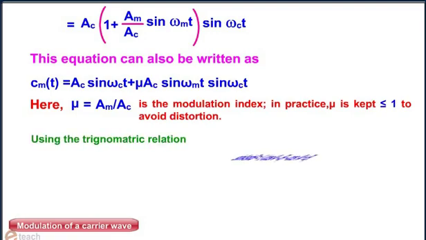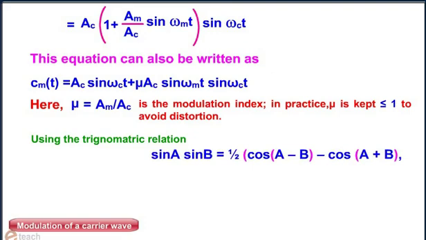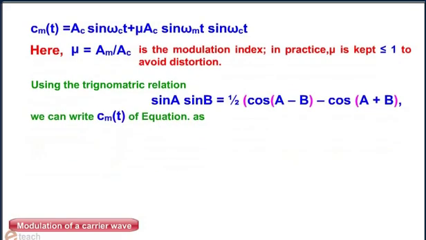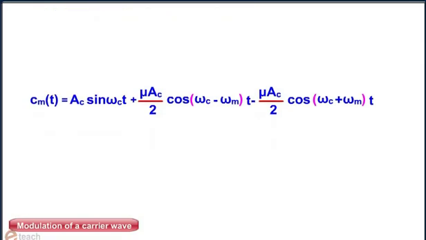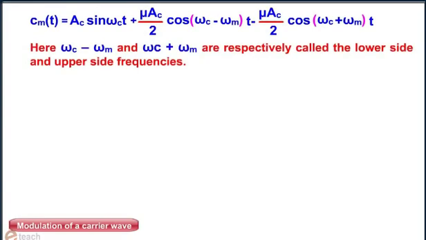Using the trigonometric relation sin A sin B equals half of cos(A minus B) minus cos(A plus B), we can write cm equals Ac sin(ωc t) plus μ Ac/2 cos((ωc minus ωm)t) minus μ Ac/2 cos((ωc plus ωm)t). Here ωc minus ωm and ωc plus ωm are respectively called the lower side and